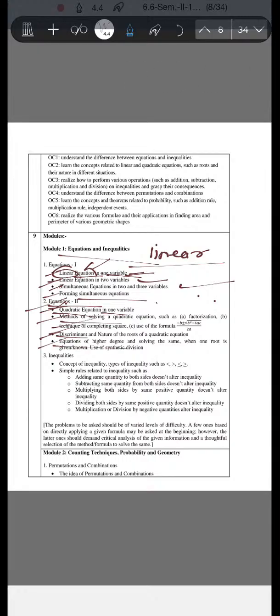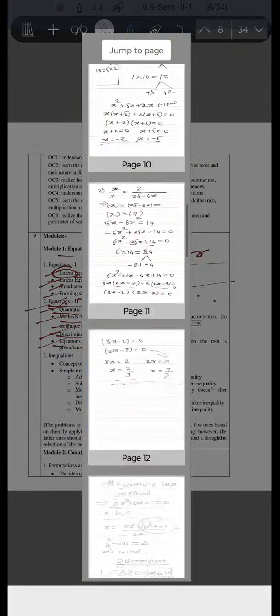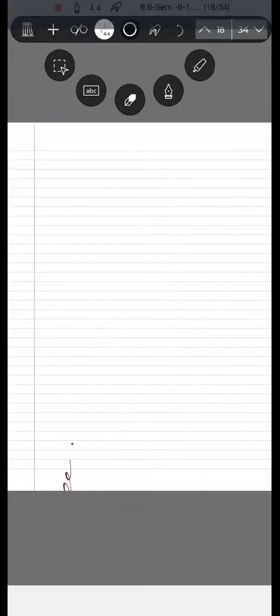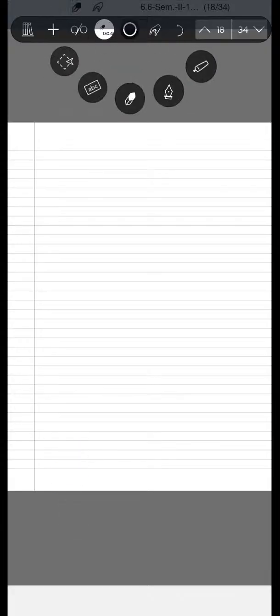The question is like, okay, so I would like to take one word problem here. The word problem says: find two positive integers whose difference is 6 and their sum of squares are,